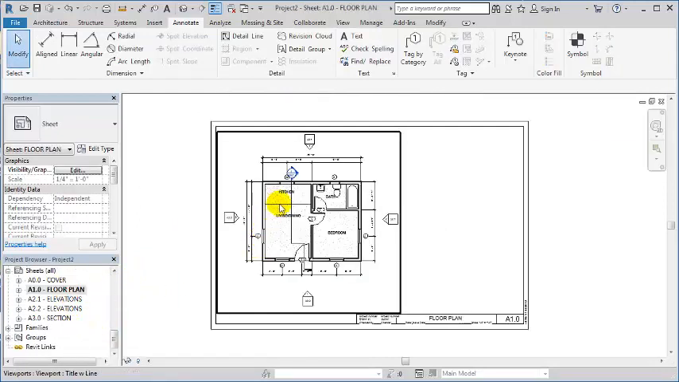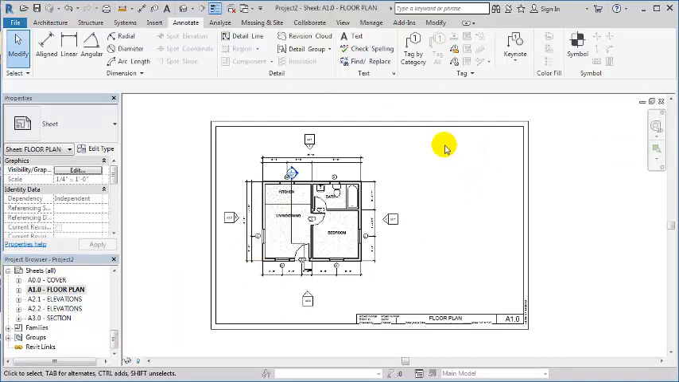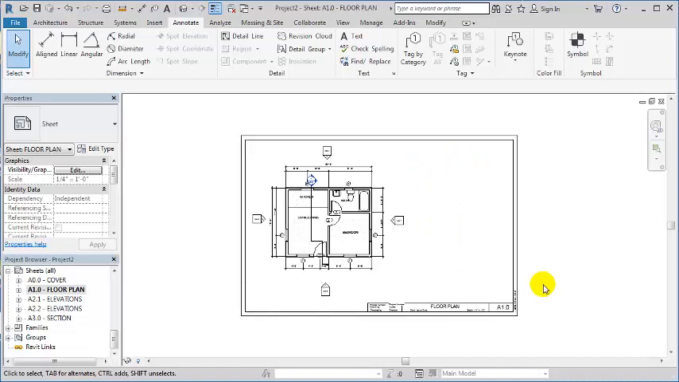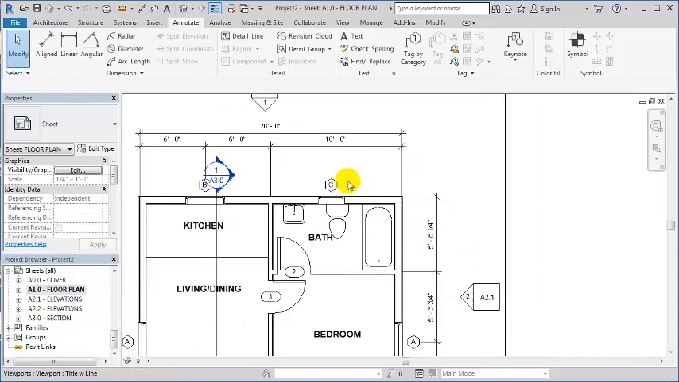In the first floor plan, I think we have enough room to add the door and window schedules to this plan, so we'll go ahead and do that now that we've tagged them. Oh, I do need to add